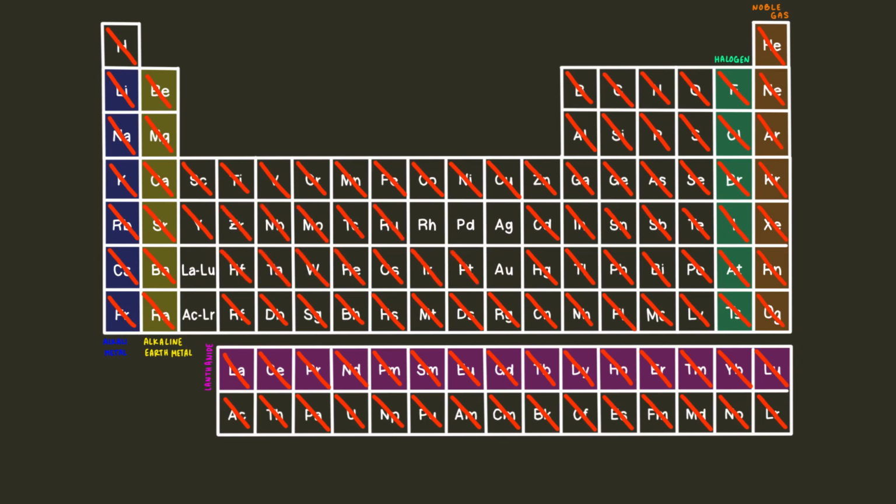Our money should ideally be made of something that doesn't have an absurdly high melting point, or else it'd be really difficult to work with. Gone are zirconium, niobium, molybdenum, ruthenium, hafnium, tantalum, tungsten, rhenium, and iridium. We're now left with rhodium, palladium, silver, and gold.